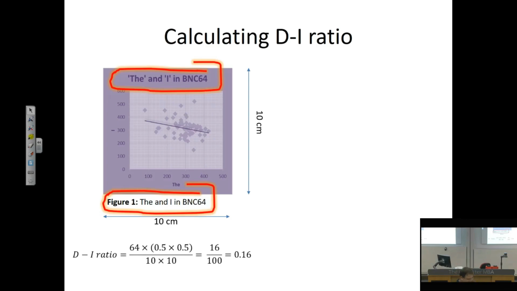The data-ink ratio in this case, when we think about the data points, so the data points are these points, right? We have 64 data points, and this is the size of the data points, and this is the size of the graph, and we would get something like 0.16. The data-ink ratio is a number that ranges from 0, very bad visualization, to 1, very efficient visualization, and this is fairly close to 0.